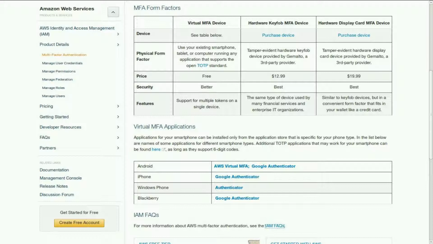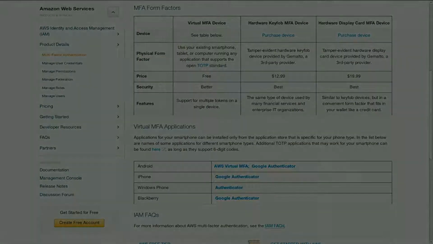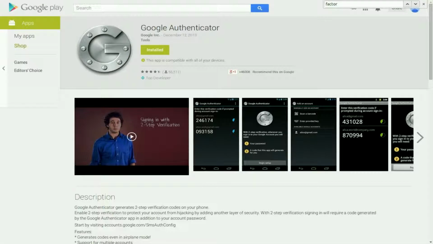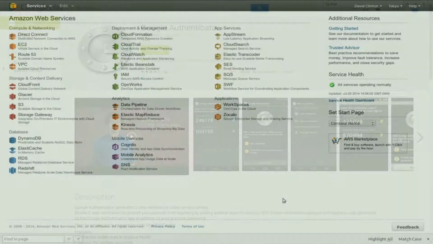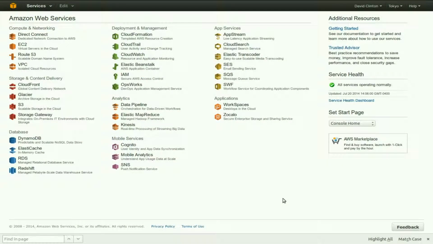You could also use a virtual device, even if not all of your employees necessarily have or want access to another small physical device. They nearly all have smartphones, to which can be downloaded software to create a virtual MFA device. Let's say if we're using an Android smartphone, you might go to the Google Play Store and download software like Google Authenticator. Once you've set that up on your smartphone, we'll enable MFA on our Amazon account, and then we'll associate this smartphone with its MFA software to our account.